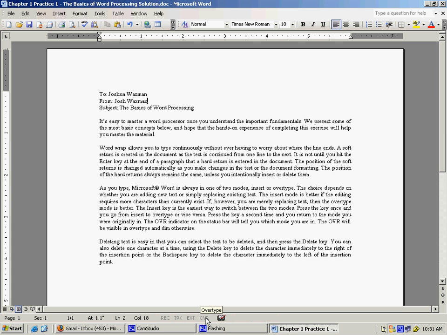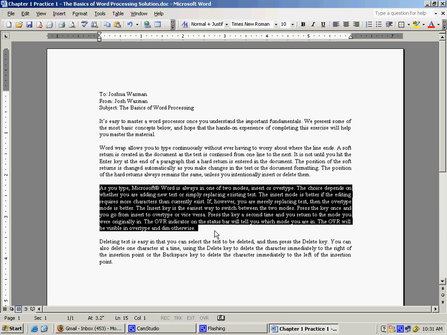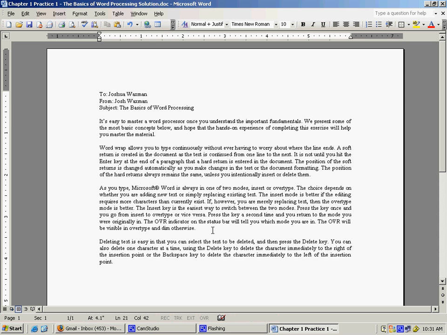And in case you forgot, this paragraph here will tell you exactly how to do it. So it's no difficult thing here. I'm going to double click on OVR, and I'm going to look for where it says hope in the first paragraph. So it's easy to master a word processor once you understand the important fundamentals. We present some of the most basic concepts below and hope that the hands-on experience. So we're going to change hope. We're going to click here, and since we're in overtype mode, we could just say wish, and it'll replace character